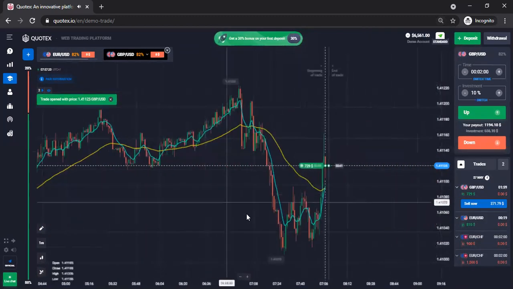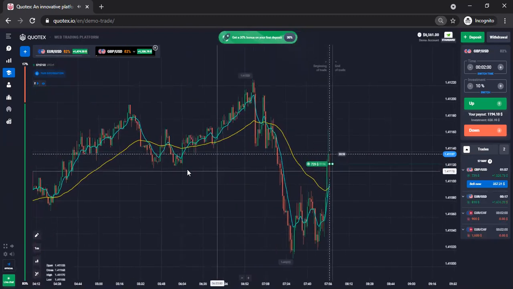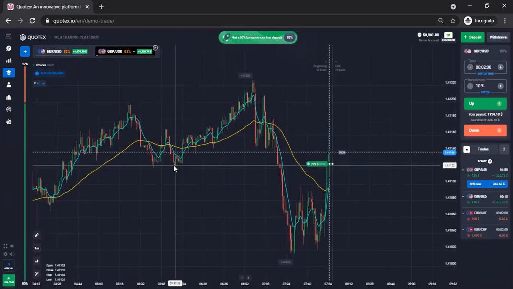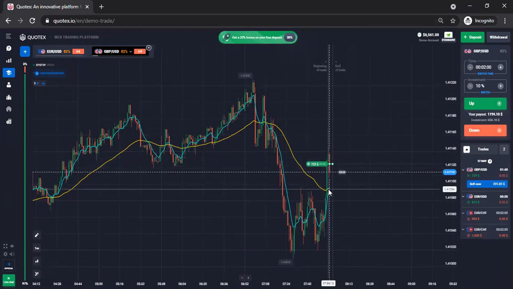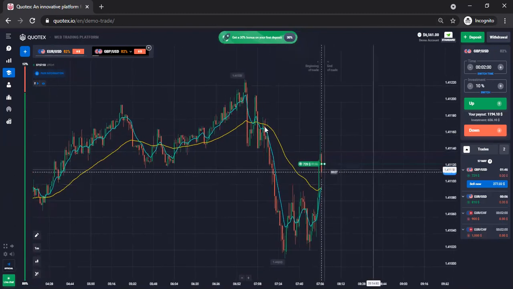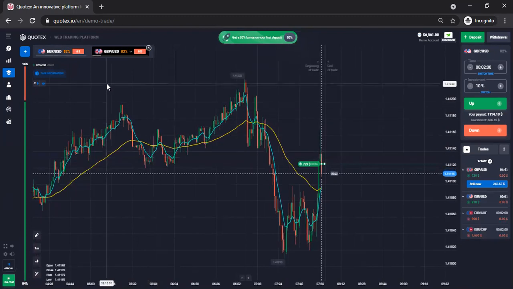because this is at a resistance. Yes, this is a resistance here. It came back to test it and then it's going up. So we've entered 2 trades now using this crossing strategy. All right, so let's see how it's going to close. The first one will close in the next 3 seconds, and